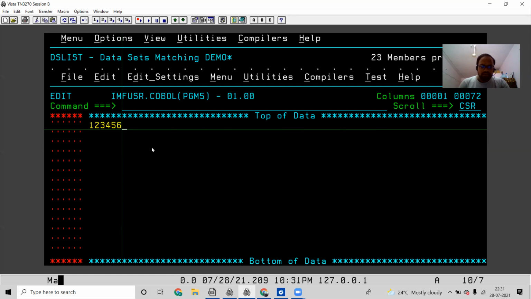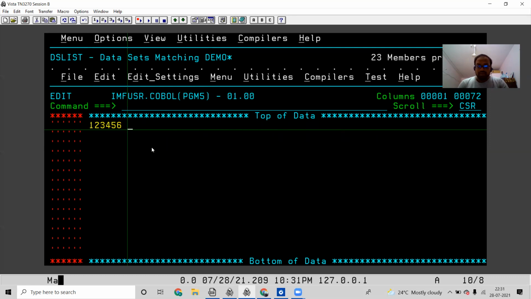After the sequence number, in the 7th column we will be having an indicator: asterisk or slash or dash. Asterisk means comment, and dash means continuation.